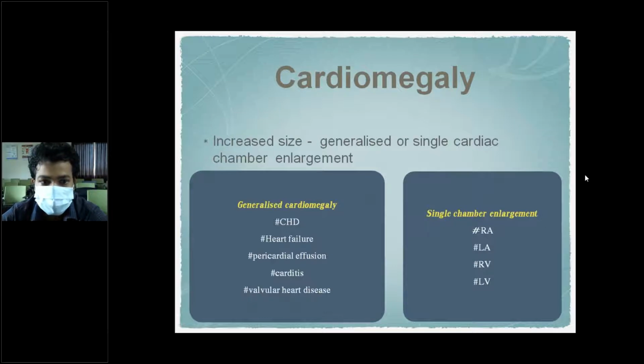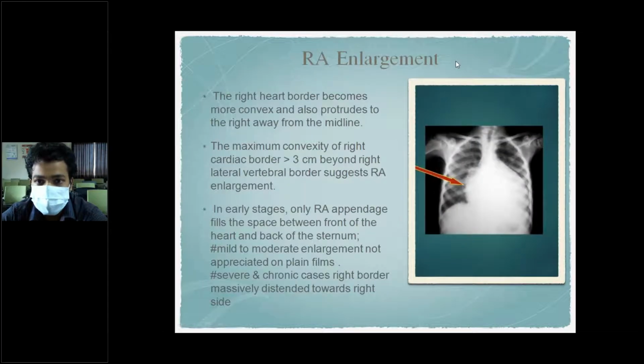It is generalized or single cardiac chamber enlargement. Generalized cardiomegaly is seen in congenital heart diseases, heart failure, pericardial effusion, carditis, and valvular heart disease. Whereas single chamber enlargement of the heart, like right atrial or left ventricular enlargement, we will see in the following slides. In the right atrial enlargement,